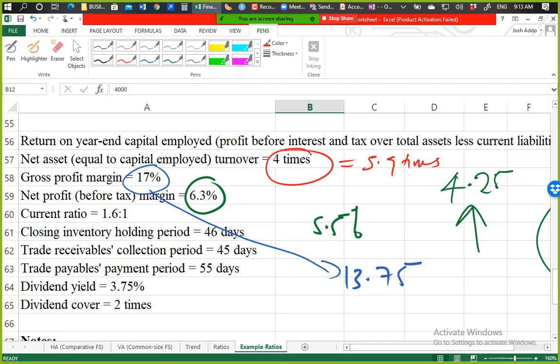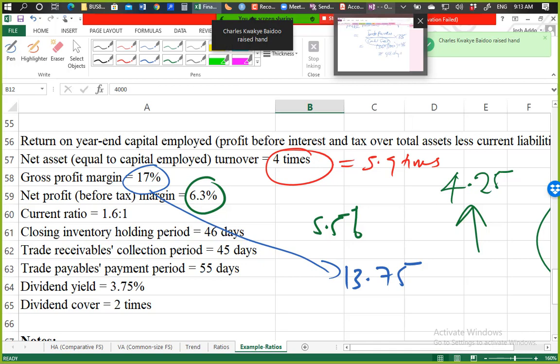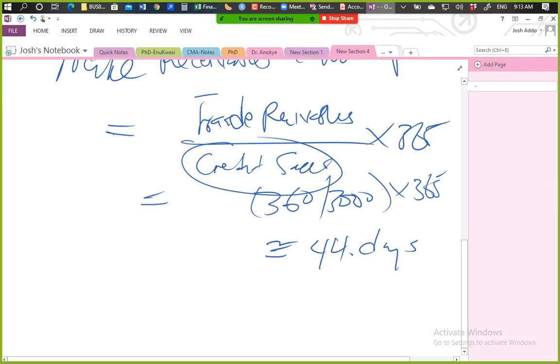Then let's talk about. Yeah, Charles, you have raised your hand. Yes, sir. Hey, who is doing that? I was saying that. Who is doing the construction there? In as much as